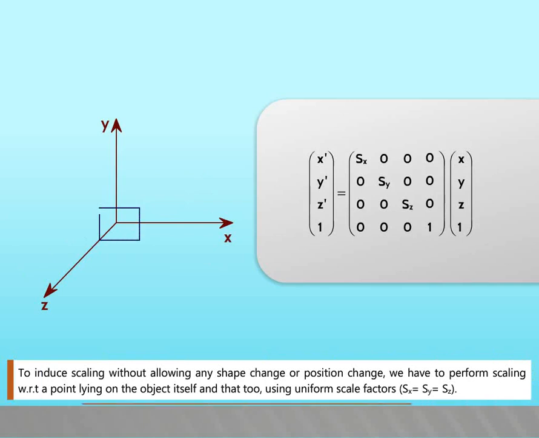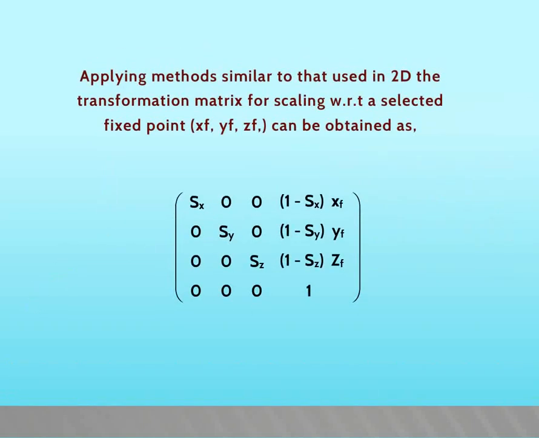To induce scaling without allowing any shape change or position change, we have to perform scaling with respect to a point lying on the object itself, and that too using uniform scale factors, Sx is equal to Sy is equal to Sz. Applying methods similar to that used in 2D, the transformation matrix for scaling with respect to a selected fixed point xf, yf, zf can be obtained as